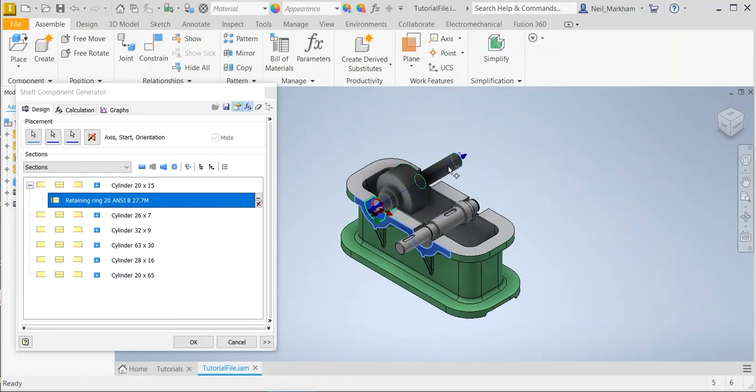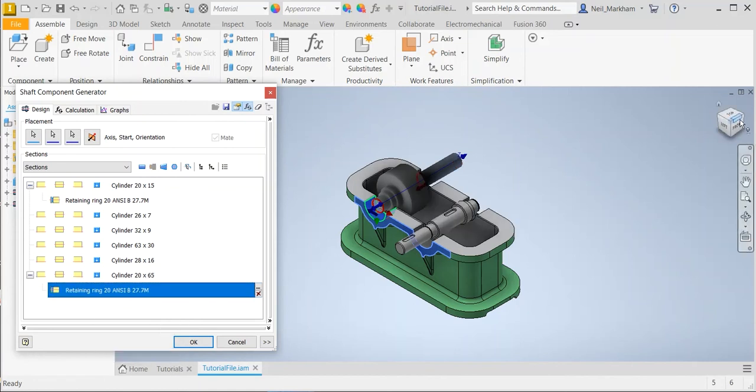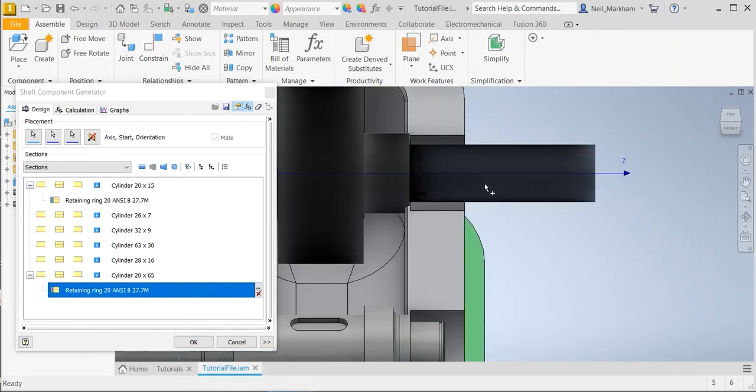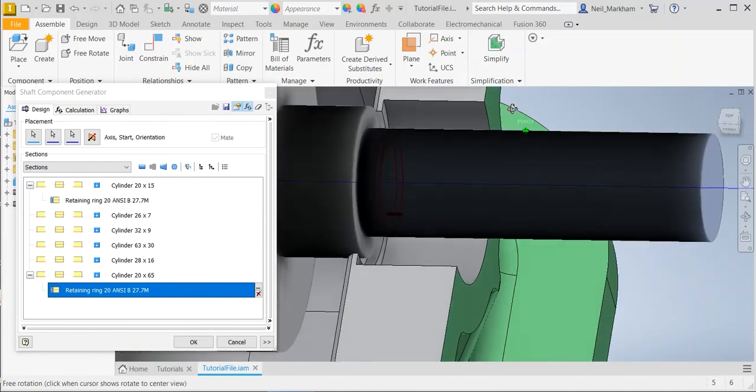I'm also going to put a retaining ring on this last section here. So I'm going to select that last section, click that drop-down arrow as I did previously, and I'm going to add another retaining ring. Let's take a look. You can see, well, it's a little bit difficult to see, but the preview is showing us that retaining ring. Hopefully you can see it just here. There's that double arrow that we saw previously. So if I click on that double arrow,